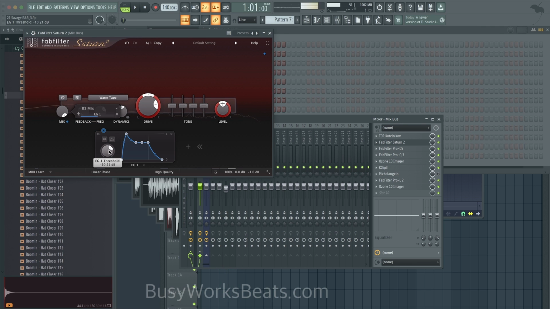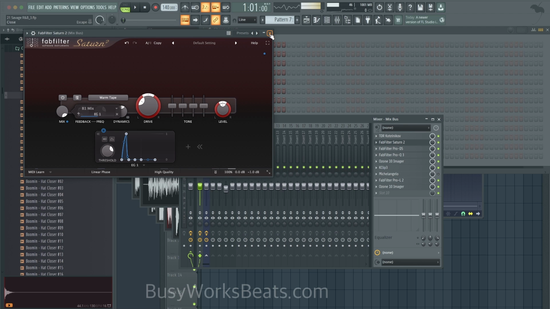So you could hear when the kick hits, it goes like that. But only when that kick passes this threshold. And then you can shape how long it lasts with the decay curvature. So that takes care of all those transient heavy sounds like your kick and your snare for the most part.